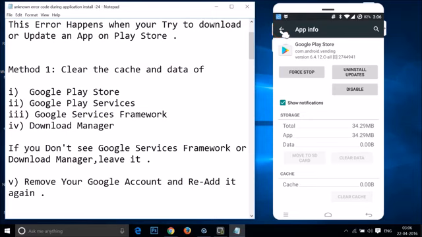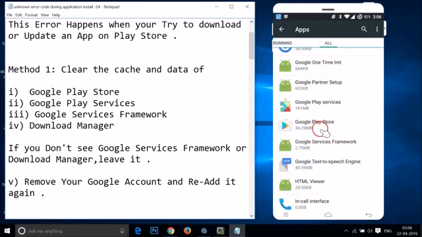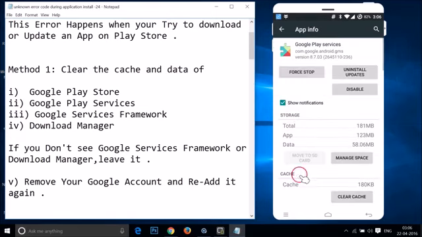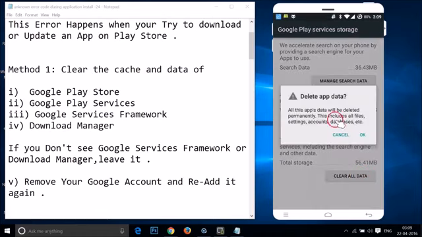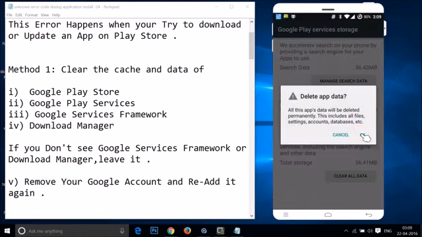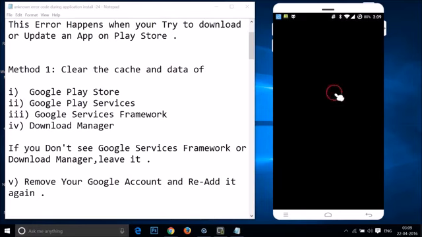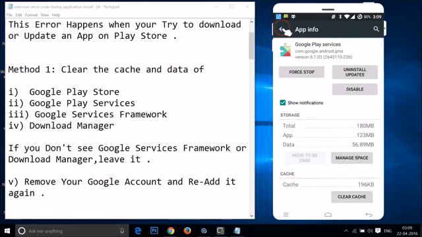And you need to go back and find here Google Play Services. So here I have just tap on it and then tap on manage space and then tap on clear all data and then tap on OK. And you need to go back